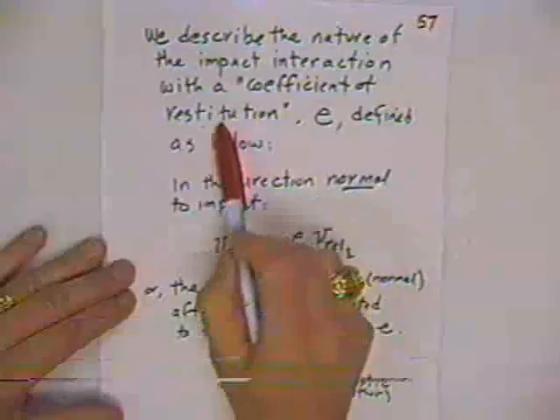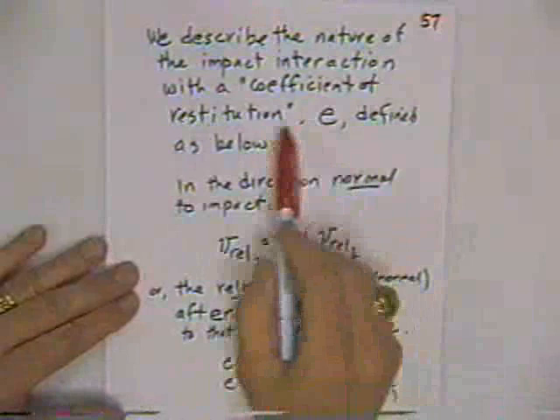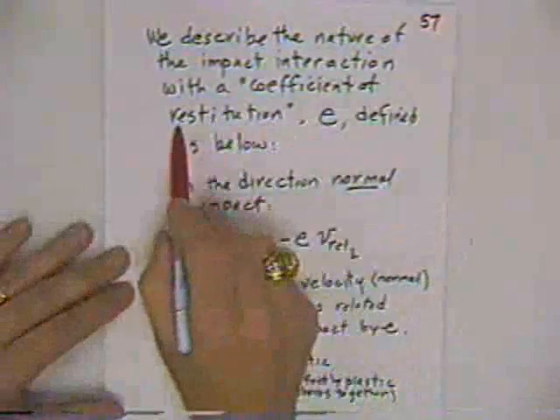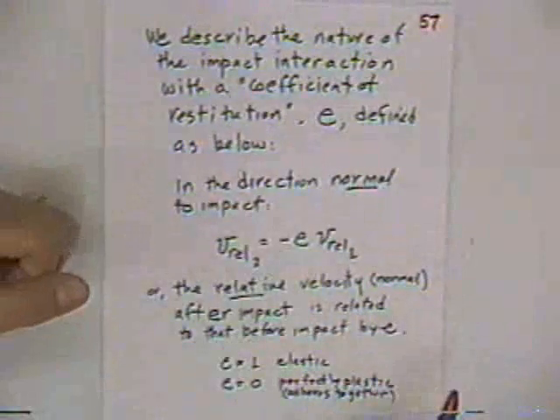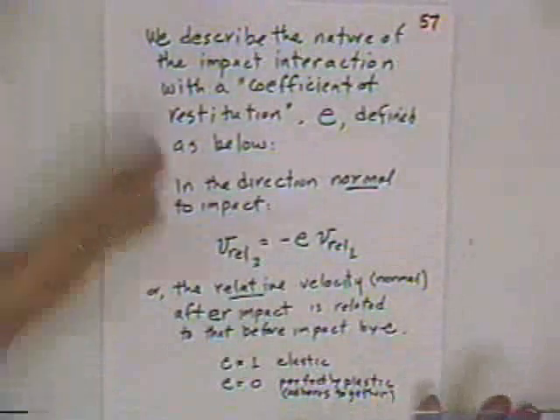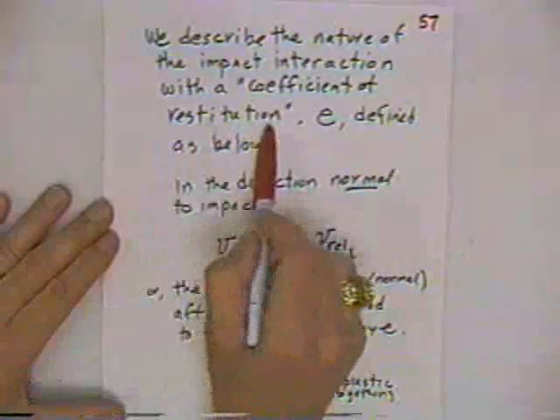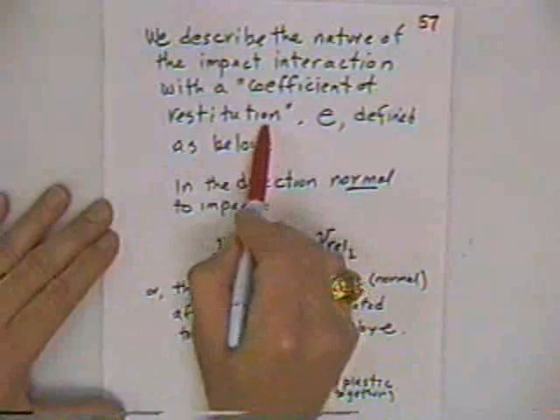We describe the nature of an impact between two objects with a coefficient of restitution. If you want to try to figure out what that means, restitution is that part of the time they're in impact when you've seen high-speed pictures, I suppose, of a tennis racket hitting a ball or a golf club hitting a golf ball. The golf ball is deformed significantly, or the tennis racket squashes the tennis ball significantly. During part of the impact, it's crushing the ball, and during the other part of the impact, the ball is recovering and it's starting to move away from the racket or the golf club. Well, that part of the period of impact is called restitution, when it's being restored to its original configuration,